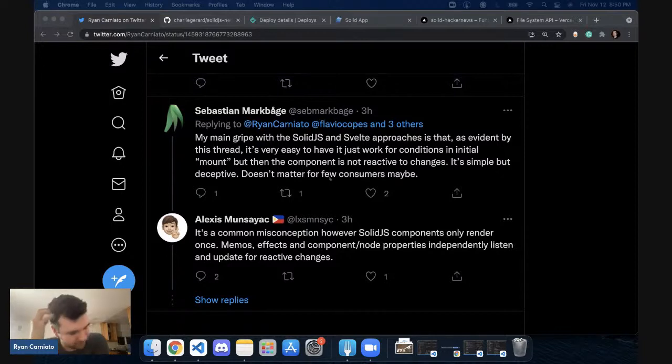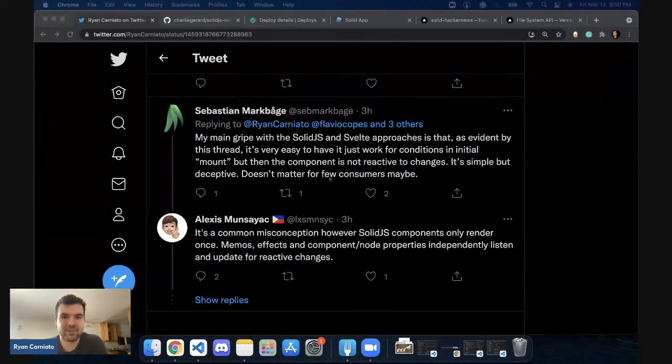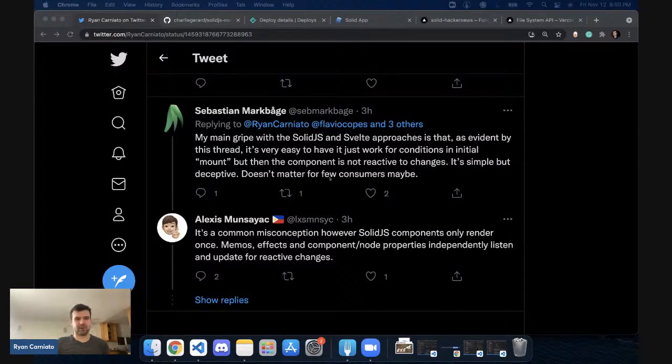And obviously, my first thought was maybe we shouldn't be bunching Solid and Svelte together. I mean, he probably doesn't know very much about Solid, but essentially, Solid is fine-grained reactivity and doesn't really have components. Svelte is component-based like React. So when it runs once, it does have that concern for him, right? If Svelte does run once,